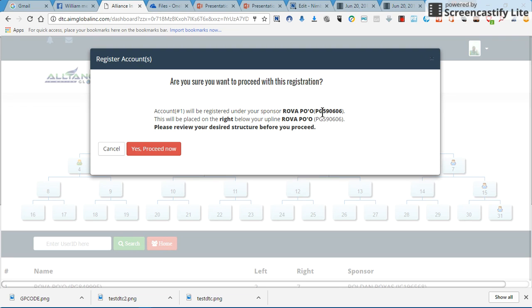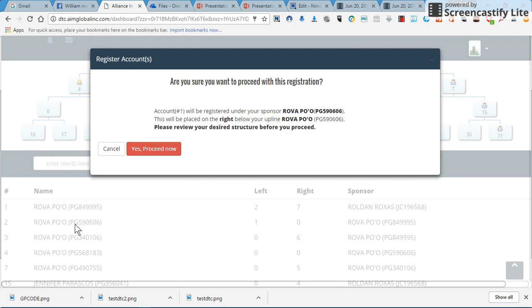This is your second account, the sponsor, and you will be placed right below your upline on the right side portion. The sponsor is your account number 2, and the upline is also the same. The upline is where you would like to connect. Okay, and then proceed.